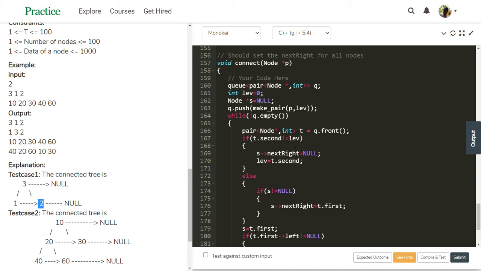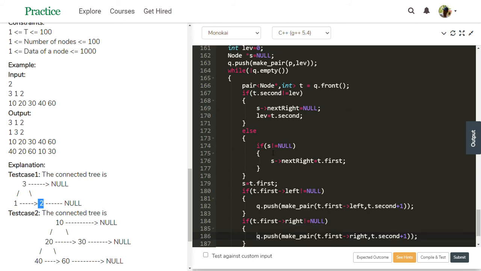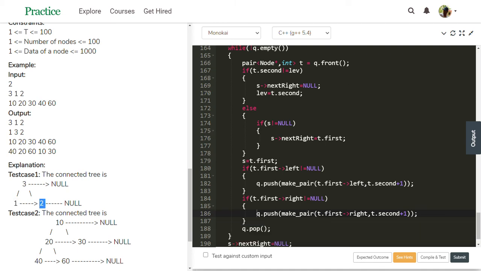1 not equal to 1. 1 not equal to 1 is false. Else block executes. In this, if S not equal to null, yes, S is not null because S is pointing to 1. S next right equal to t first. T first is 2. Then S next right is pointing to 2 now. Then check. S equal to t first. S is pointing to 2 now. Then if t first left not null, this 2 node's left is null, so this is false.